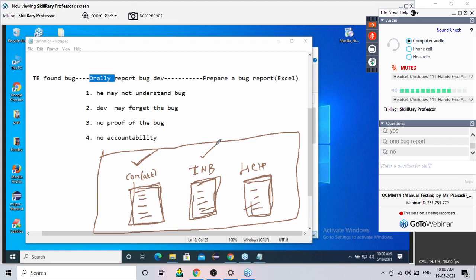One by one. When bugs are found one by one, the report should also be one by one, so that the developer can easily fix them. So the developer can easily understand the problem separately. One by one he will understand and he's going to fix it one by one. Am I clear, guys? So summary, what I'm trying to say is, if you find 500 bugs also, we have to prepare 500 bug reports. You cannot just prepare one bug report for all 500 problems. For every bug or every defect, we prepare a separate bug report.